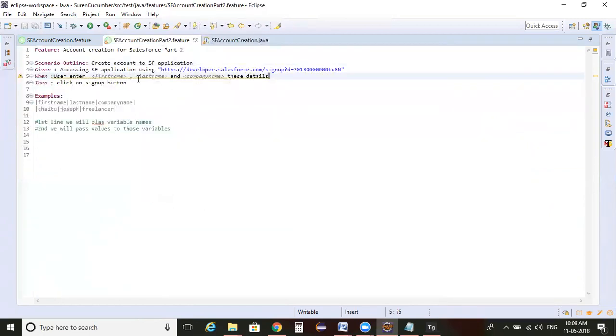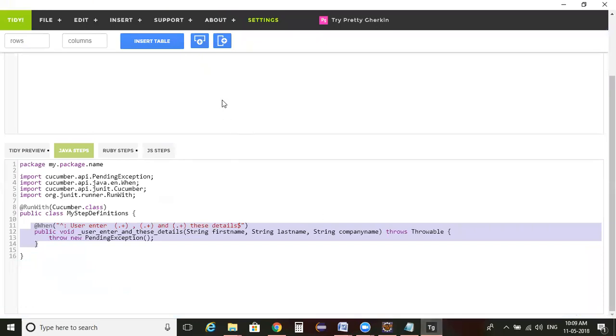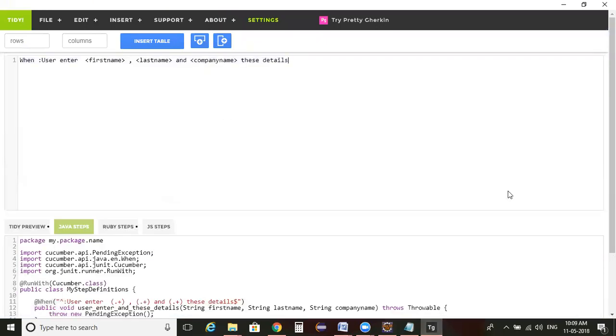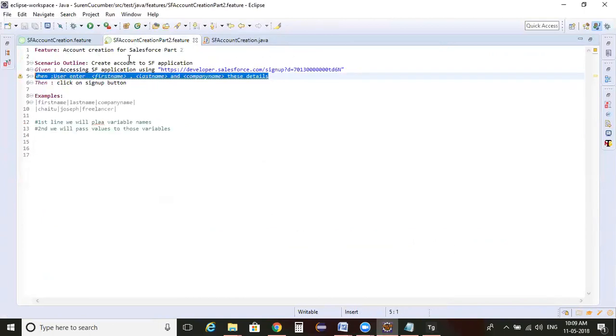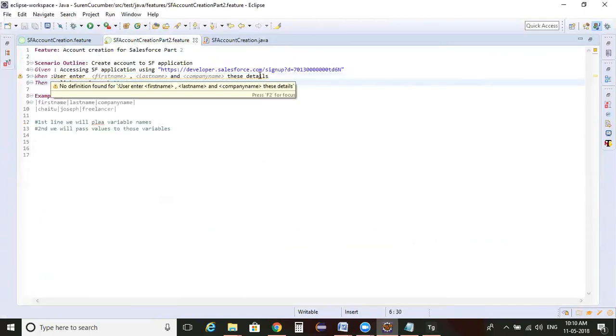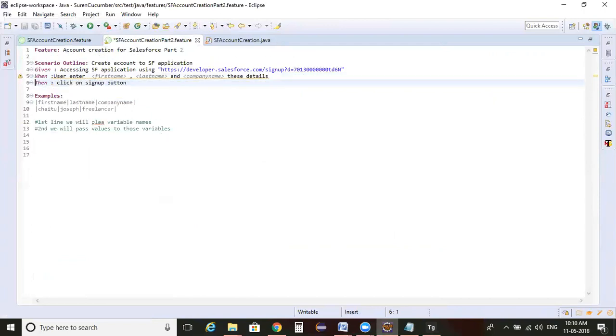We have a given properly, and this is the name of when. Let me grab this step definition and update it here. Whenever it gets updated successfully, it should display a hyperlink here, right? See, the hyperlink is not displaying. No step definition found for this one.